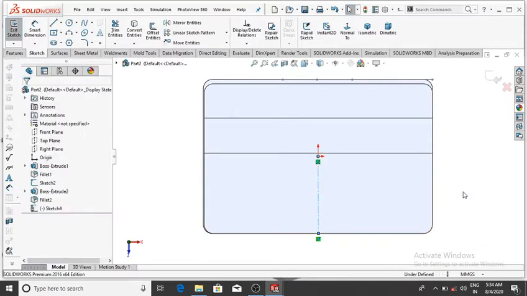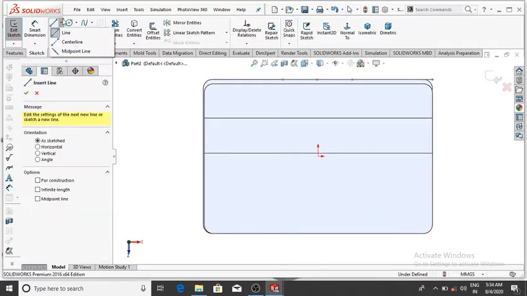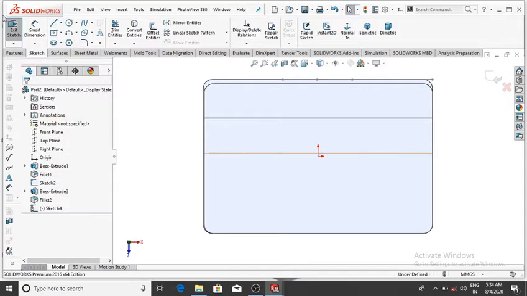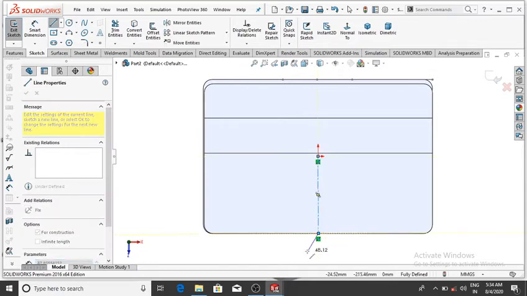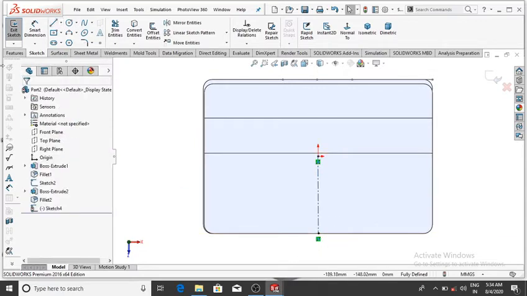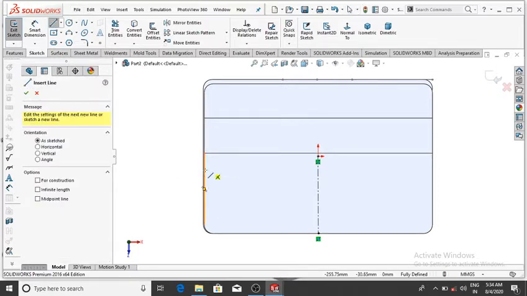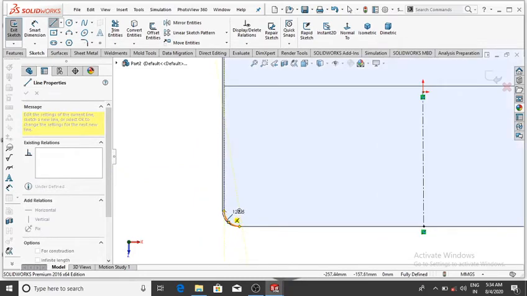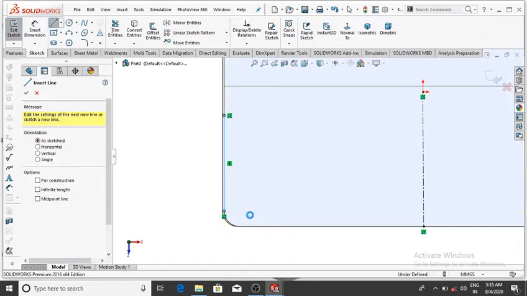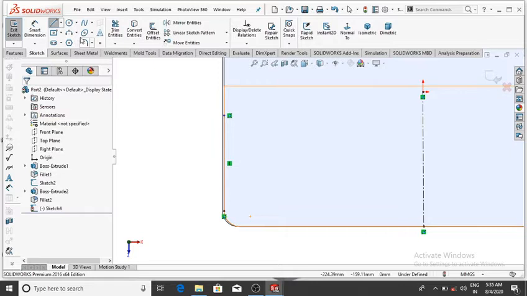Select the center line, select this point to this line and make the sketch. So make the line from this line up to this line, and